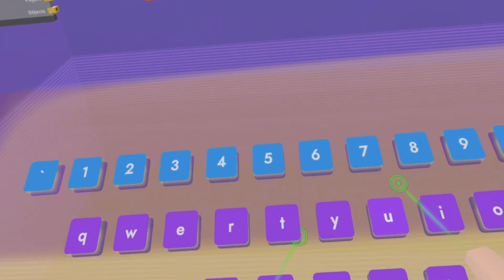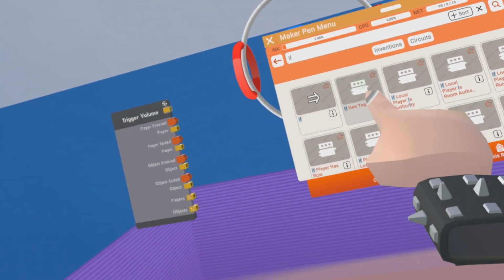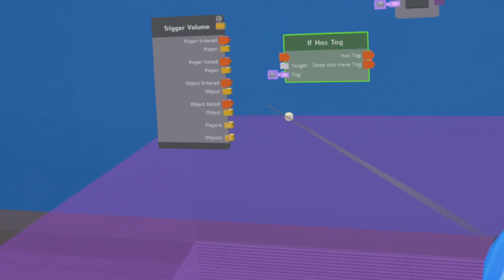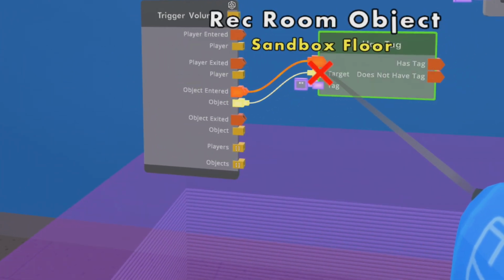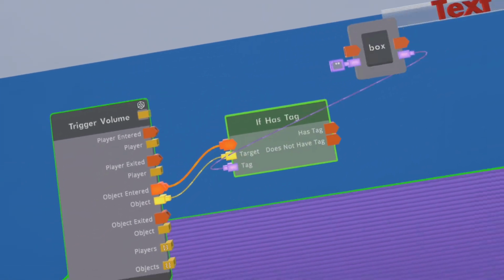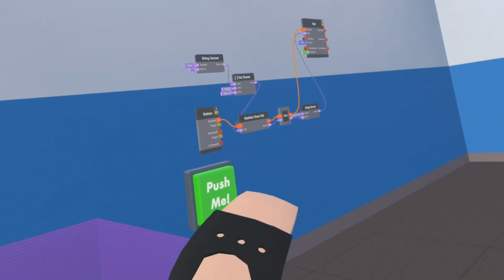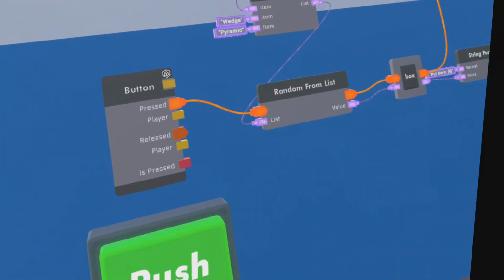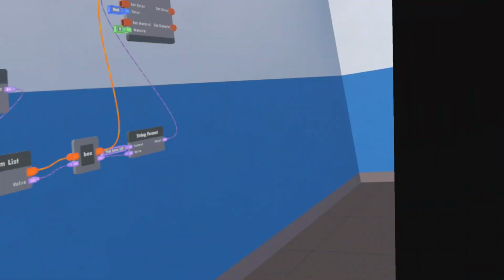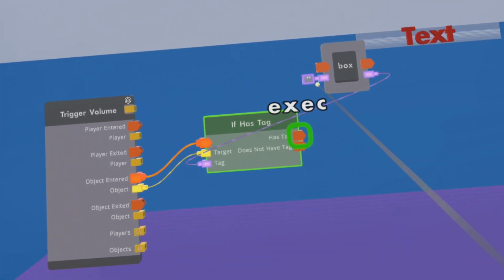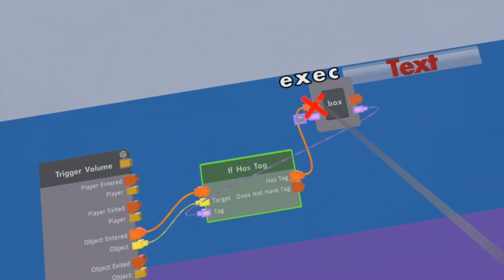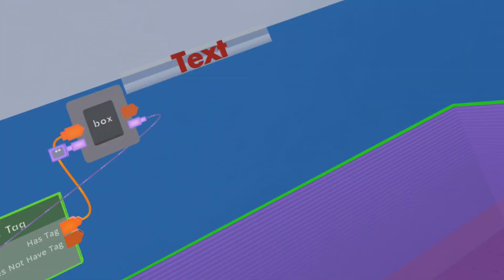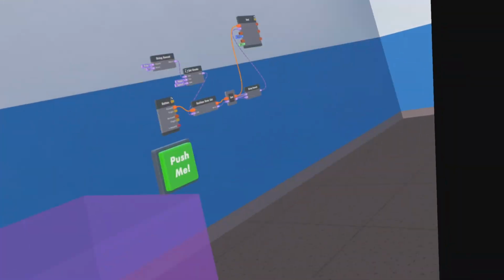We take if chip, and then the second should be if hashtag, and we let this box check if the object that is put in has the right tag. In this case, it should have the tag that will be set by this system over here. So we get the tag name. It has to be exactly the same as the tag that is on there. And if it has the tag, something happens. And what I want to do is to put this box value to 0. So you can only put it in once, then you have to push the button again, pick up another thing,